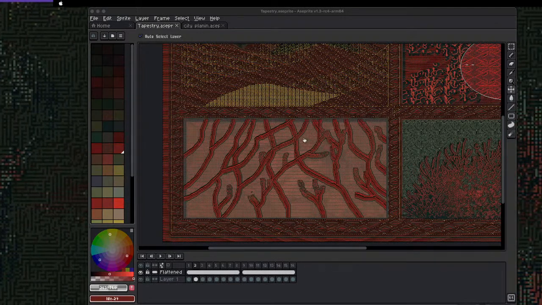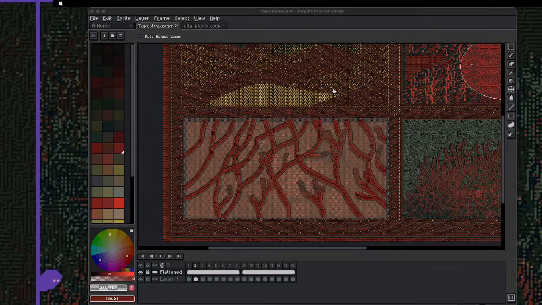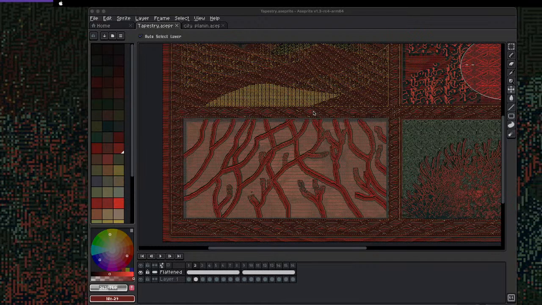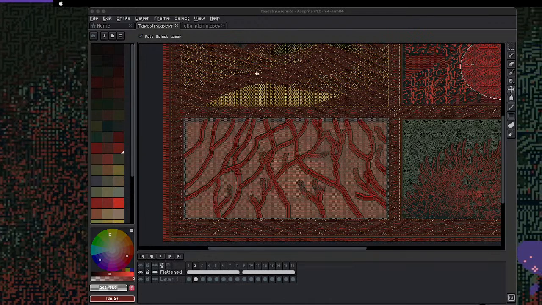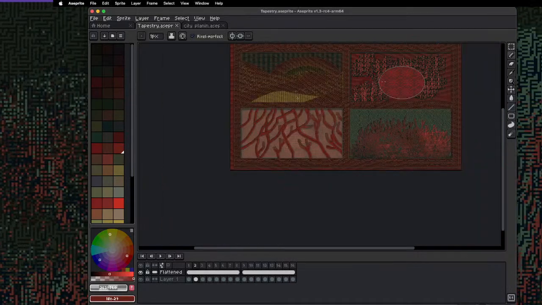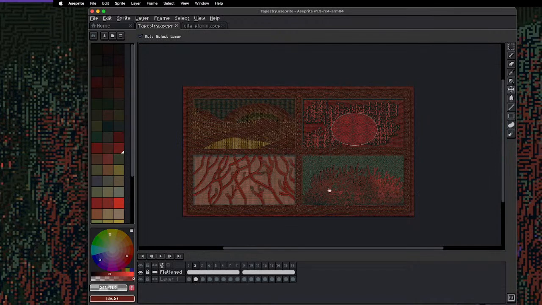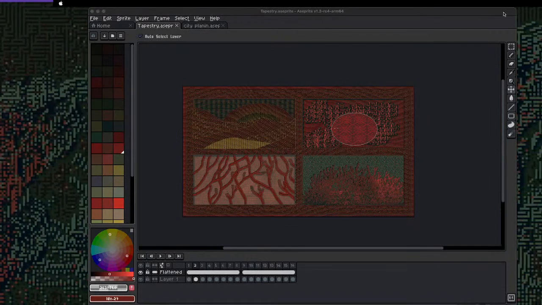We're gonna do the pixel woven sun. That is this tapestry you're looking at, and we are also gonna be looking at